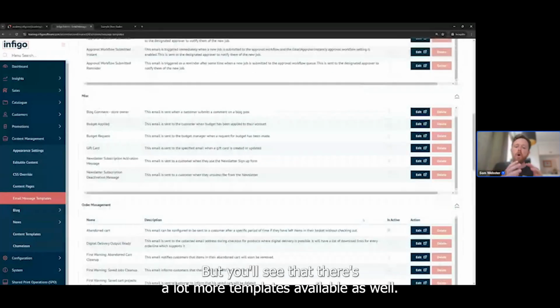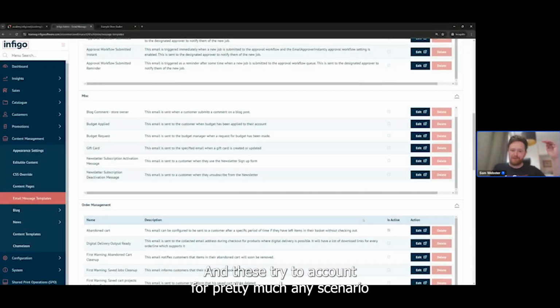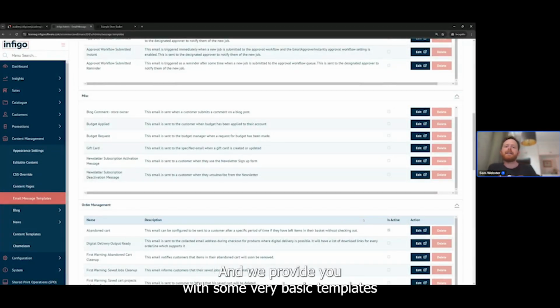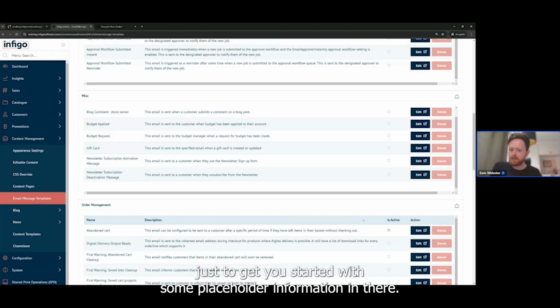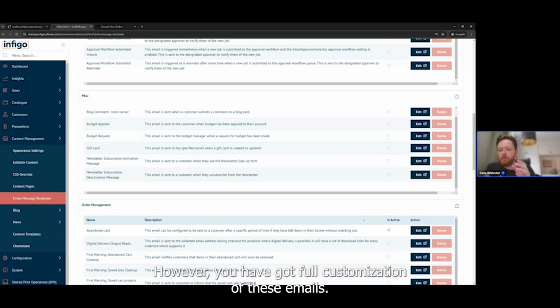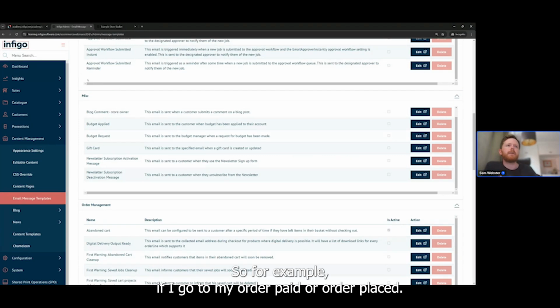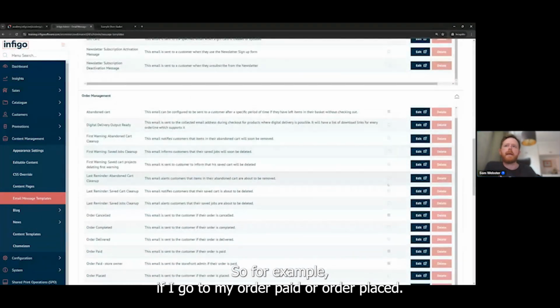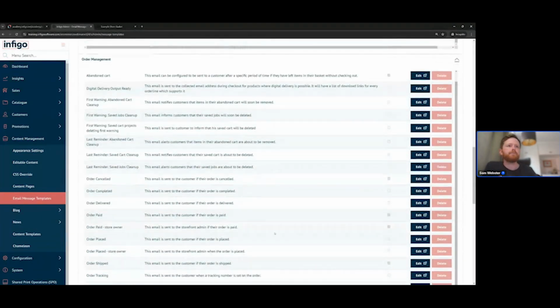But you'll see that there's a lot more templates available as well. And these try to account for pretty much any scenario in which you're going to want to send an email. And we provide you with some very basic templates just to get you started with some placeholder information in there. However, you have got full customization of these emails. So for example, if I go to my order paid or order placed,